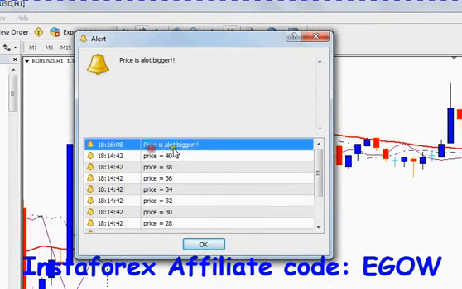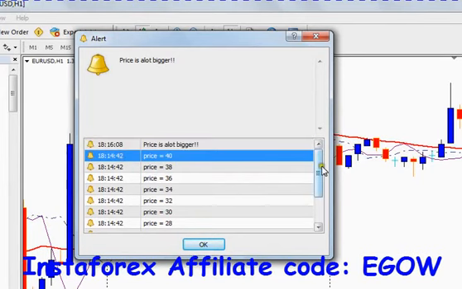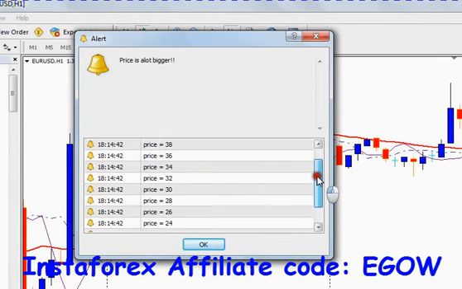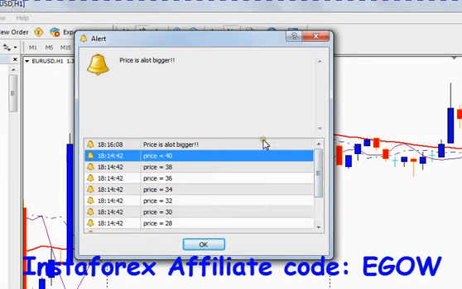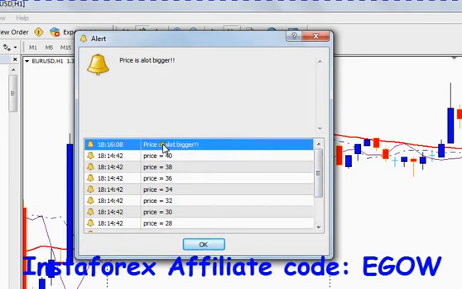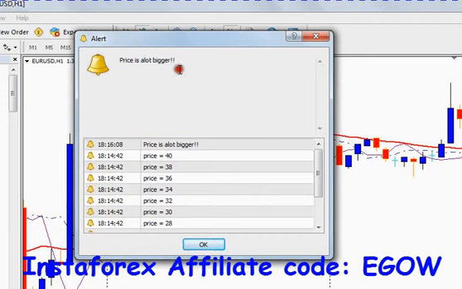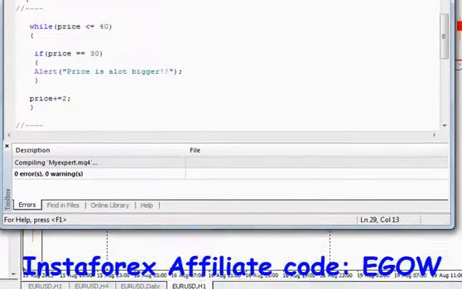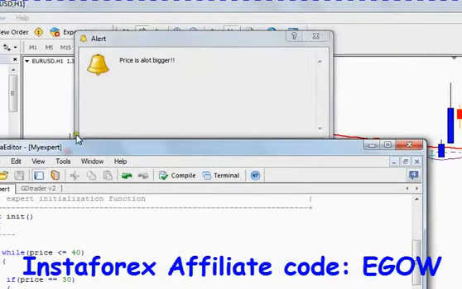So it does nothing, but only as you know, this was the output of the previously compiled piece of code, and this is the output of the code we compiled right now. So when the price was equal to 30, it alerted us price is a lot bigger, and for the rest of the values it did not show us anything because